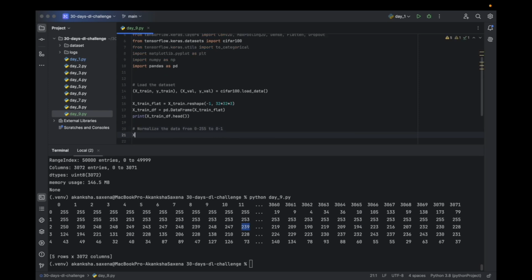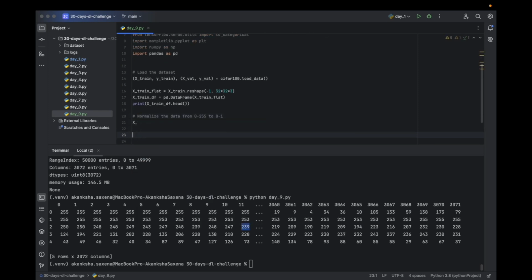So how we will do that? We will do that using this x train. Not, let's comment everything we have seen. We don't want to see it again. Let's say x train will be x train divided by 255.0